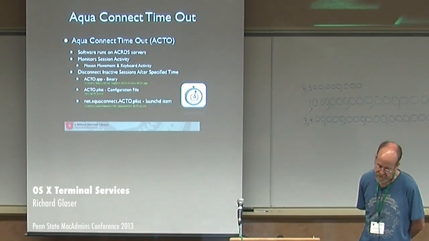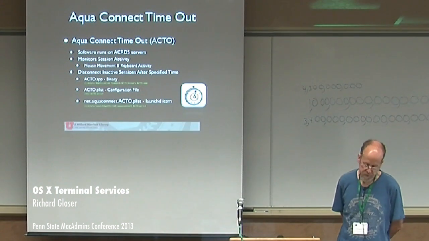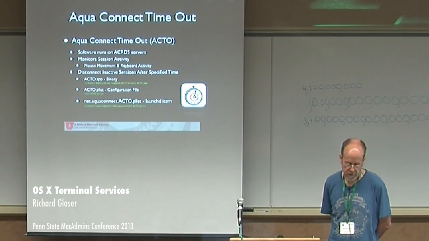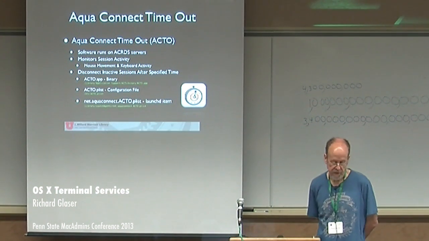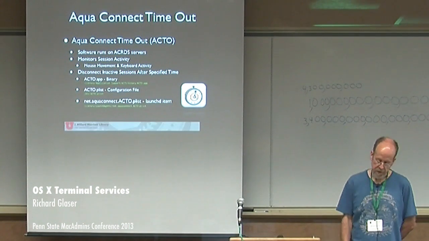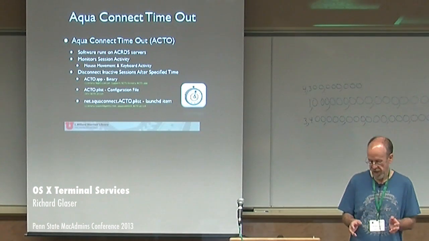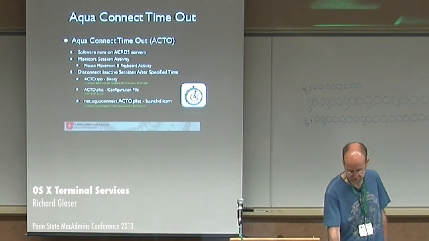The Aqua timeout is the product we're kind of using. This basically allows you to monitor sessions for mouse activity and keyboard activity, and then you can specify a time period to kill sessions. So we want to be nice for users, so if they accidentally disconnected, we gave them a 2-hour window to go back in and either save a connection or have the help desk get support.